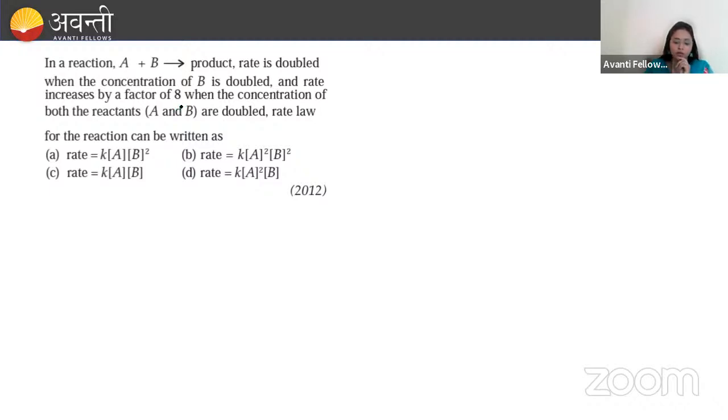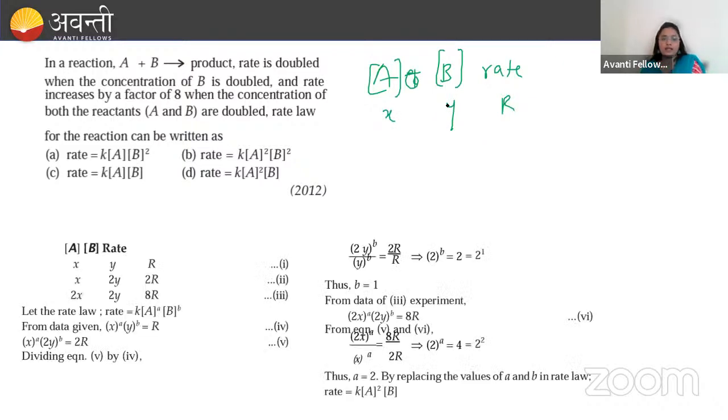क्या होगा अगर हमारे कॉन्सेंट्रेशन इस तरह से बदल रहे होंगे तो शुरुआत में तो हमारा A देखो और B देखो क्या है, सिंपल है, और हमारा रेट भी क्या है, सिंपल है। A और B का क्या है, कॉन्सेंट्रेशन X और Y, और रेट, जब X था Y था तब रेट क्या था, R था। As soon as you double the rate ना, what is happening, see here I have shown X था, Y था, R था। ठीक है, X था, Y था और R था।